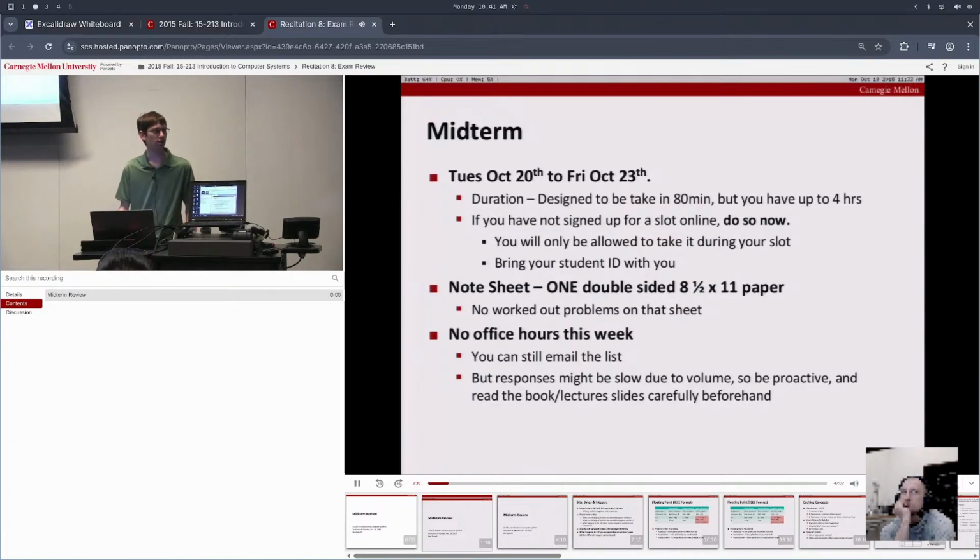Make sure you show up during your slot so that can happen. You are allowed to have a note sheet, which can be a double-sided 8.5 by 11 sheet of paper. You cannot put worked out problems on that sheet. So things you can put on it: you can put the formula for how to calculate the value of a